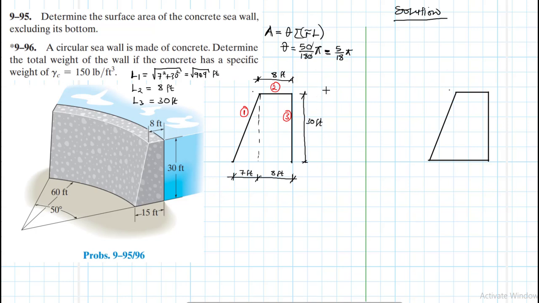So what else do we have? Let's define the area, which are the centroid, the location of which one. So this one, it will have a centroid location here, the other one there, the other one there. Okay. So we need to just name this. So start with this one